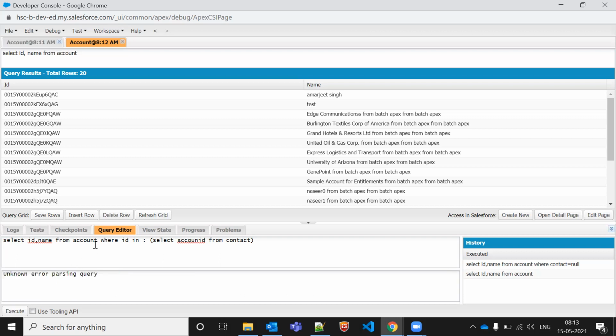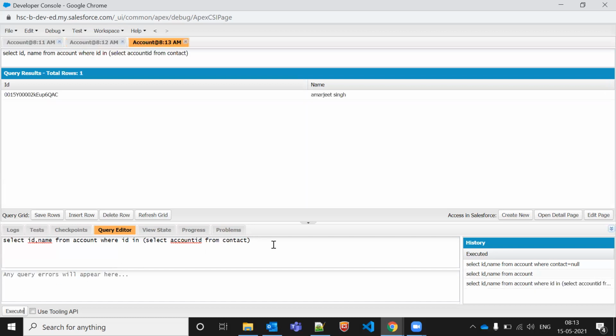It is showing a parsing error. There is a spelling mistake, it is account ID. Let me do it again. Now it is bringing all the accounts which have any contact.